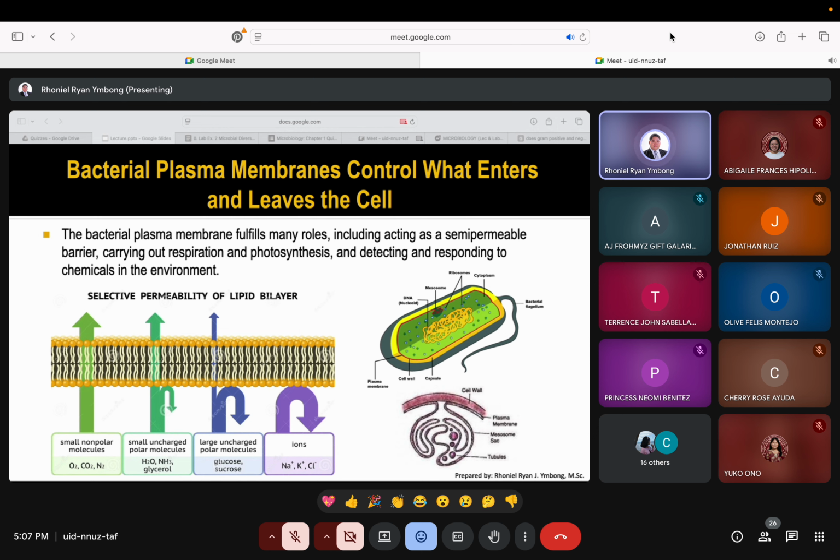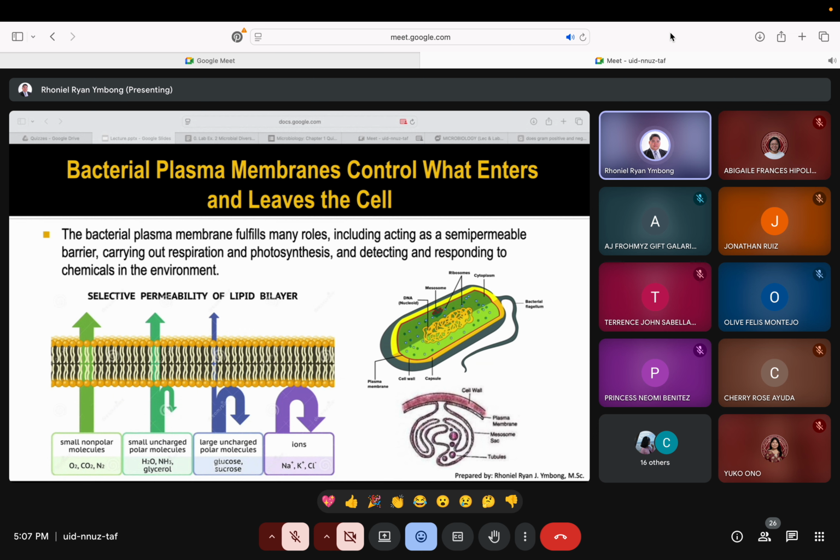So to prevent that from happening, there are other ways of transporting your water molecules going in and going out. Now, for example, you have what you call protein channels that are called aquaporins. So these protein transporters are very specific for the transport of water molecules. So all the water molecules are regulated, whether they go in or out, because water is quite essential in the turgidity as well as the structure,